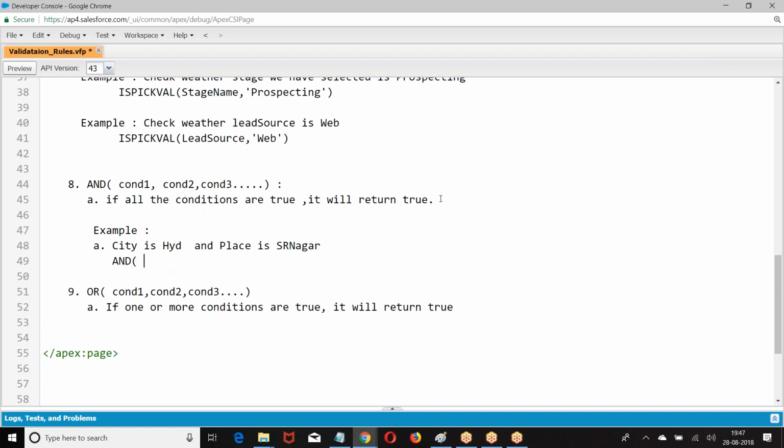How you define AND: isPickval, all of condition 1.